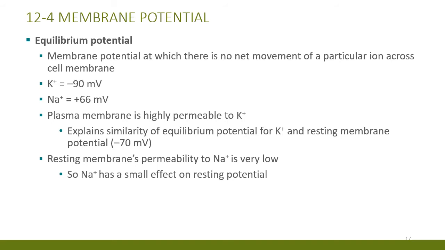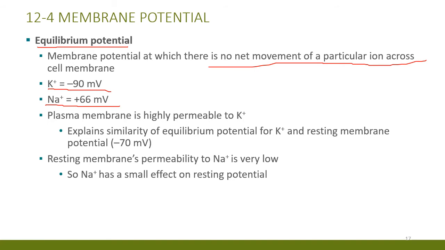There's something called an equilibrium potential, and basically that is the membrane potential at which there is no net movement of any ions. So naturally, sitting there looking at a cell at rest, there is a net movement of ions coming in and out. But there's a point where there's no net movement, and that's called equilibrium potential. And the potassium equilibrium potential is minus 90 millivolts, and the sodium equilibrium potential is plus 66 millivolts. So what that's saying